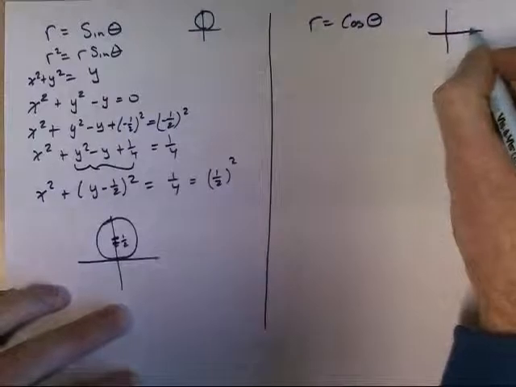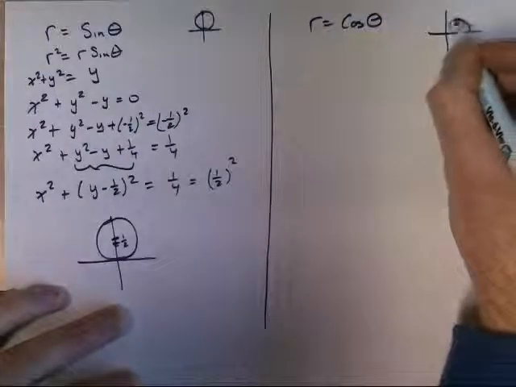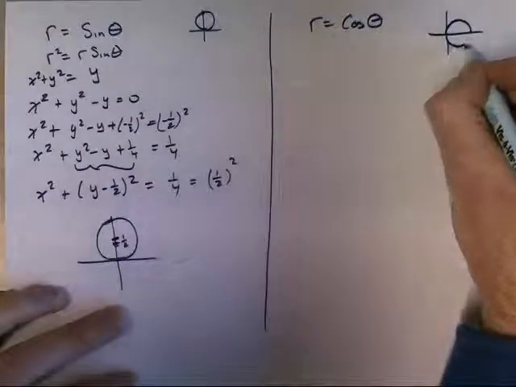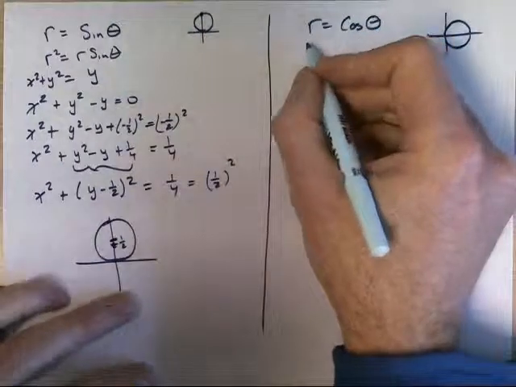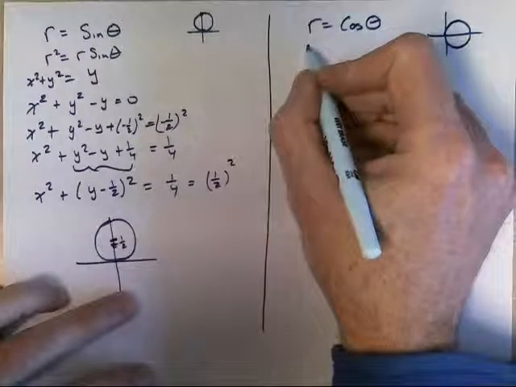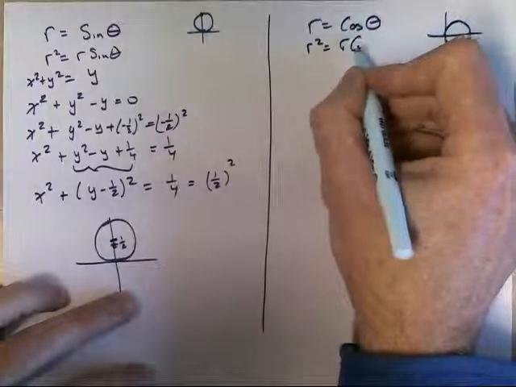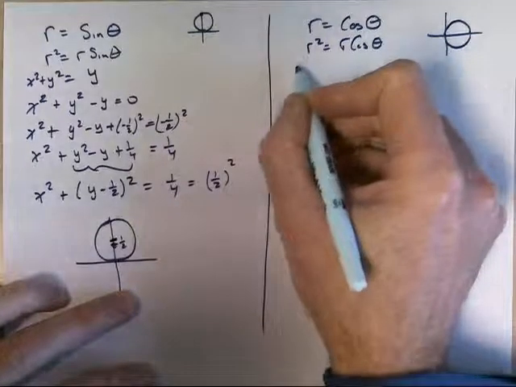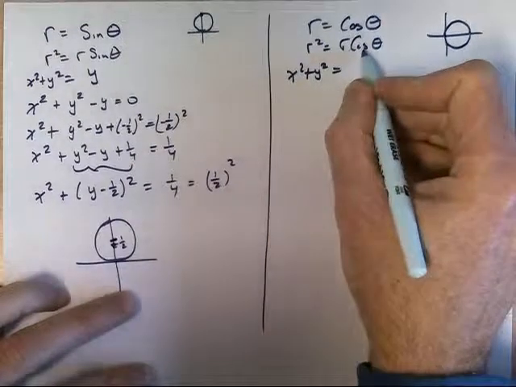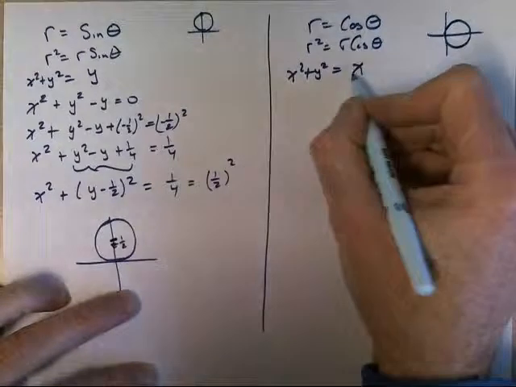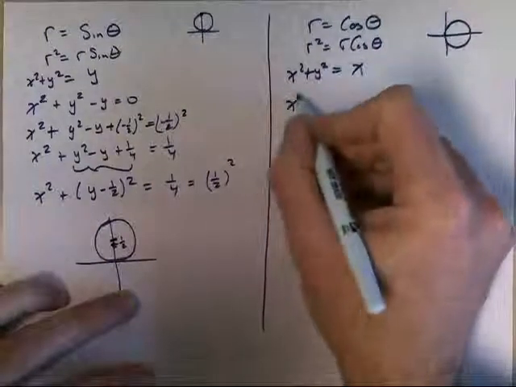Likewise, if I did this with cosine, r equals cosine theta, we saw that looked like a circle over here. It started out at 1, came down to 0, and then went out like that, right? Well, I can do a similar thing here, multiply both sides by r, so I've got r squared equals r cos theta. Again, the r squared is x squared plus y squared, but now r cos theta isn't y, r cos theta is x. And when I bring that over,